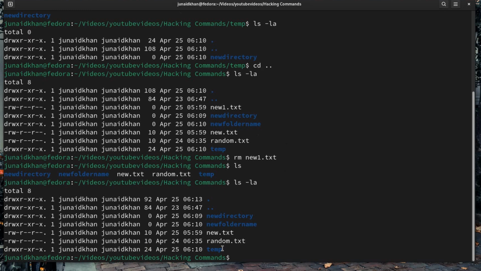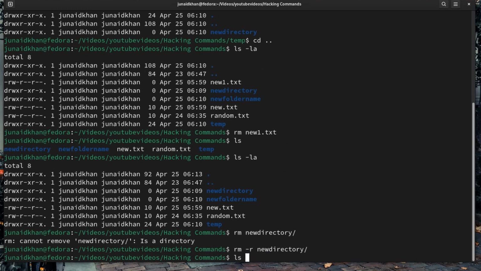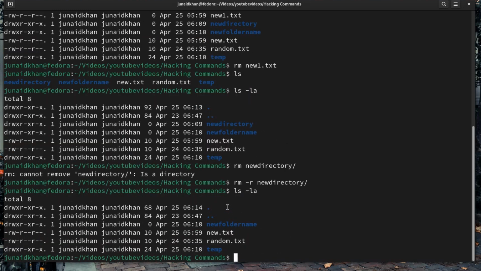Now in order to delete a directory, you can say rm and then the directory name. But if you press enter, you would see that rm is not able to delete the directory. It's because you need to provide the -r flag in front of the rm and then press enter. You would see that the directory has also been deleted. So what this -r flag means is it says to rm that delete even if it's a directory. Like it's a recursive flag which tells rm it doesn't really matter if it's a directory or a file,